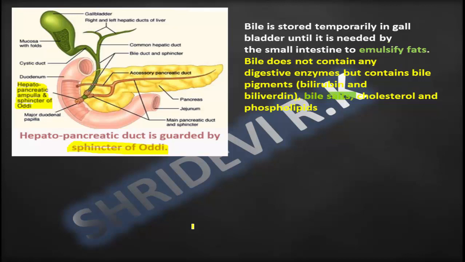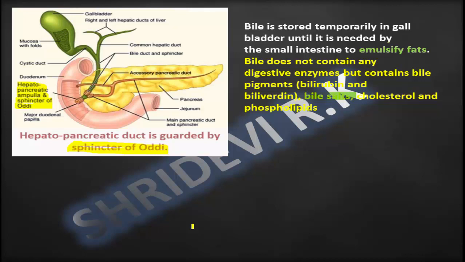It contains the pigments. What are the two pigments present in the bile juice? One is bilirubin and another is biliviridin. It contains the bile salts which are necessary for the complete digestion of fat. See, without emulsification of the fat, digestion is impossible, and emulsification of the fat is carried out by the bile salts. Then emulsified fat molecules are finally broken down into fatty acid and glycerol.